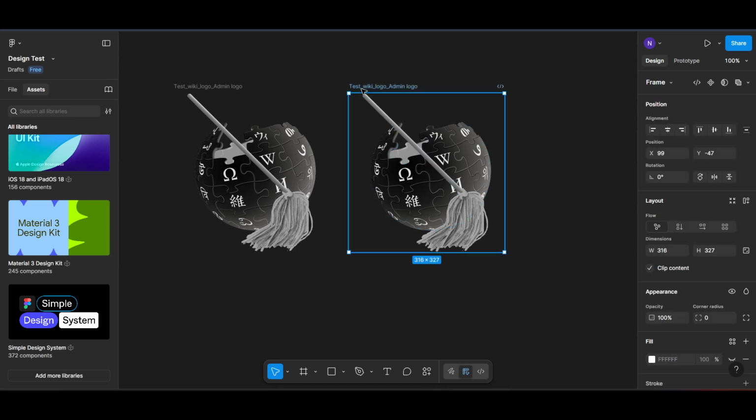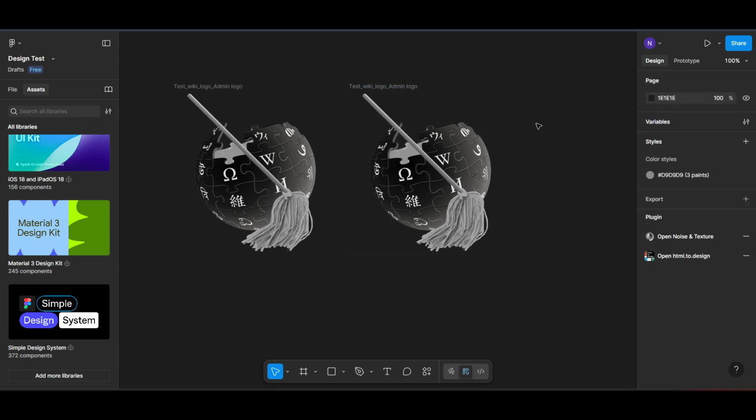And there you have it. You've successfully learned how to paste elements in place in Figma. This technique is invaluable for preserving the design integrity when you need to replicate components or when collaborating with others on a project. By leveraging these keyboard shortcuts, you can enhance your productivity and accuracy within Figma, making your design